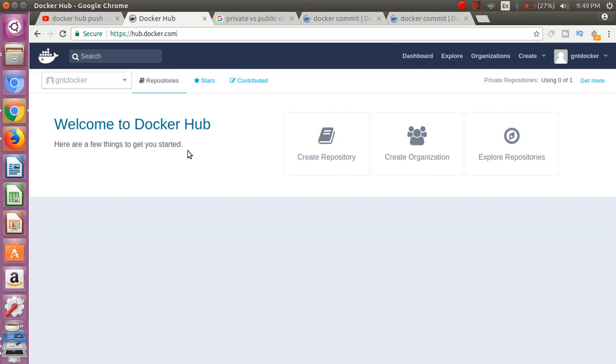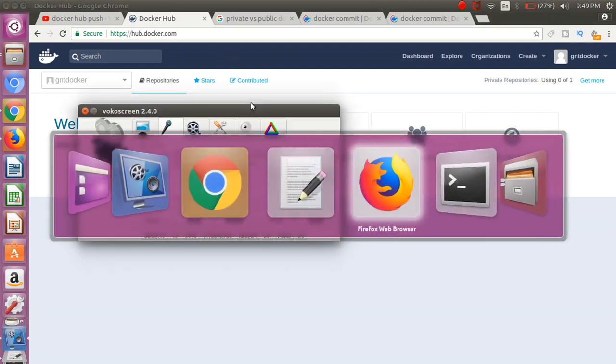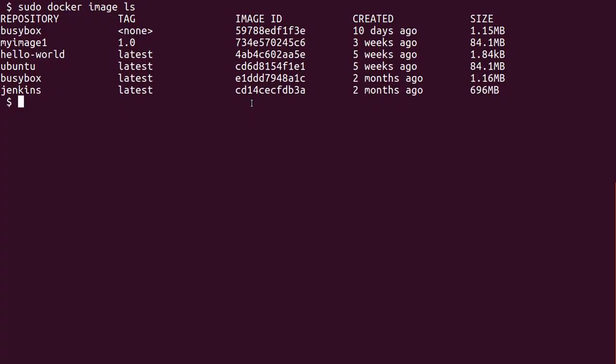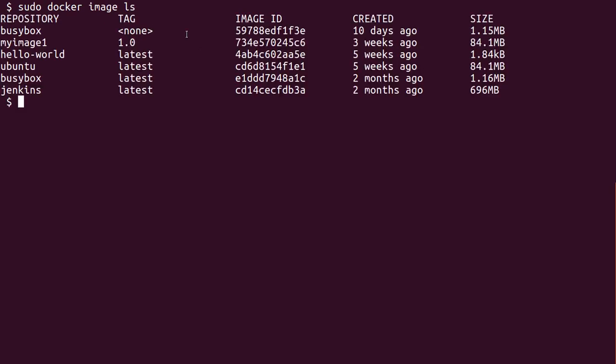So let's get started. I'm already logged in to this site, so I will jump over to the terminal. Let me first run the command sudo docker image ls, which is going to give me all the images. What I will do is first create a new image. In order to create a new image, we need to put